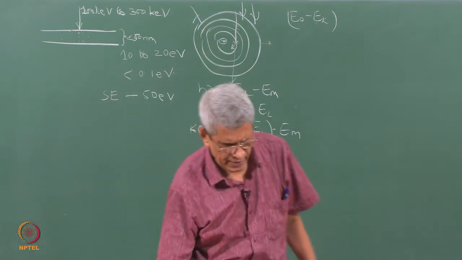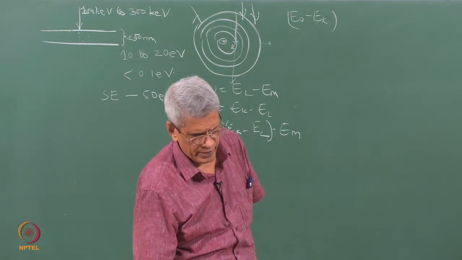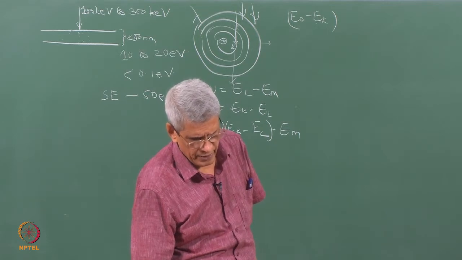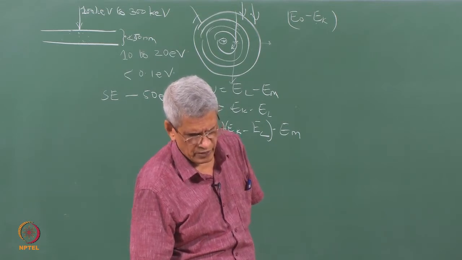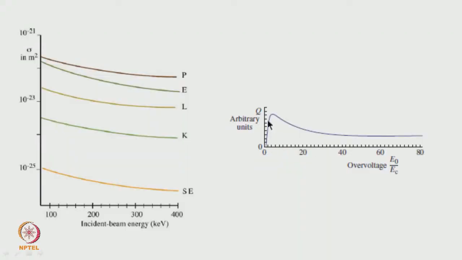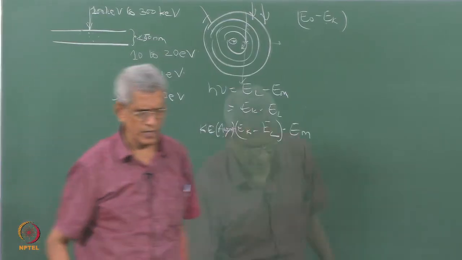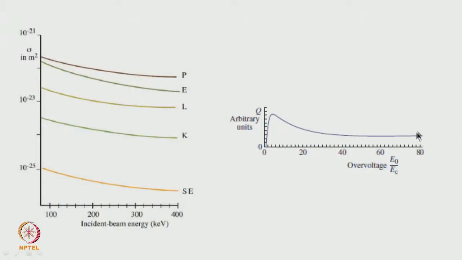Okay. That is what essentially is being plotted here as the overvoltage versus the yield which is going to take place. Okay. And here you can make out that as a function of overvoltage, at some particular energy, that is the value of overvoltage, it has reached a maximum value, then it comes down, then it remains almost independent of the overvoltage. That means that irrespective of whether we use a 100 keV or a 300 keV, essentially the yield is going to remain the same. Okay. That is one particular one.